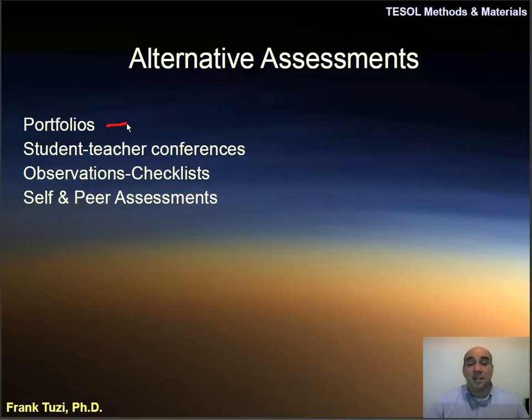Some types of alternative assessments include portfolios, where students can put into their portfolio work that they have done and revised, and they can choose. Student-teacher conferences, another way that you can assess somebody is by doing a conference where they can talk and possibly defend or explain why they did or what they did or didn't do. You can use observations and checklists,